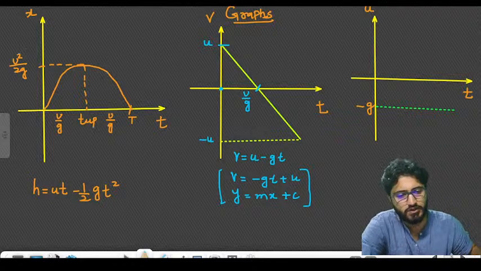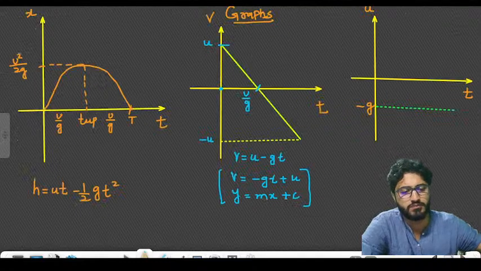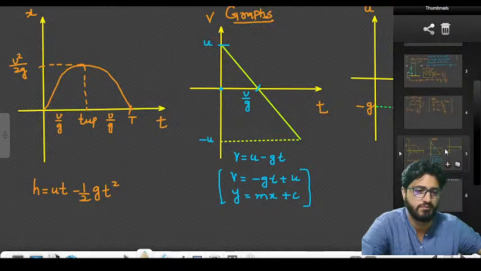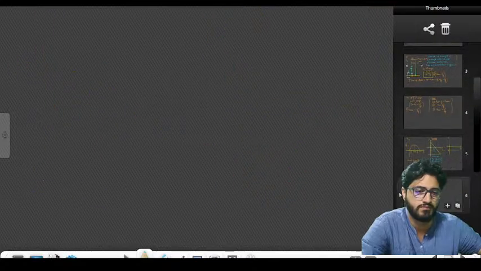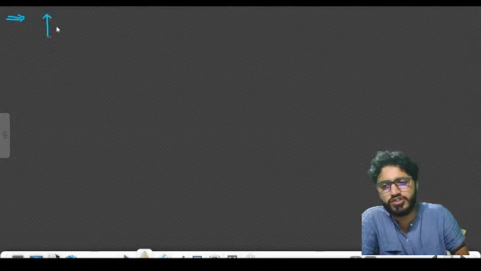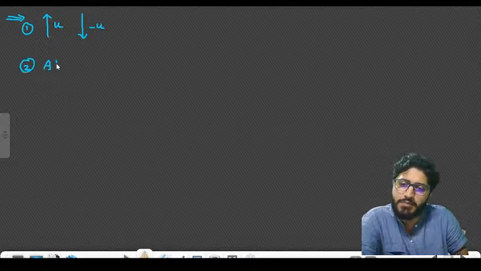Okay, look now. One more point. If you are throwing something with velocity u, it will come back with the same velocity but opposite sign. First point. Done? Second, at same height,